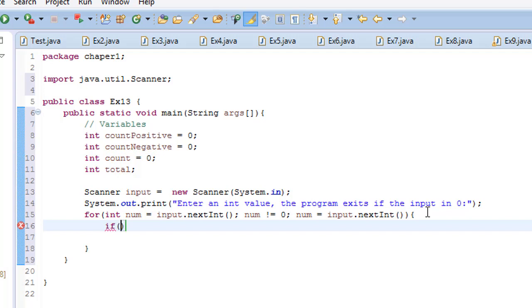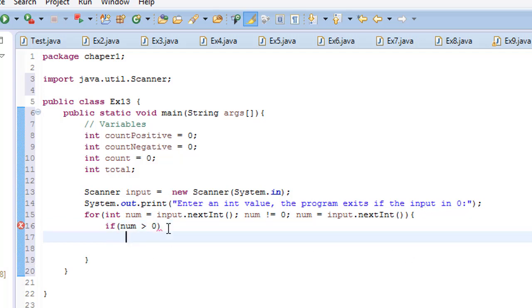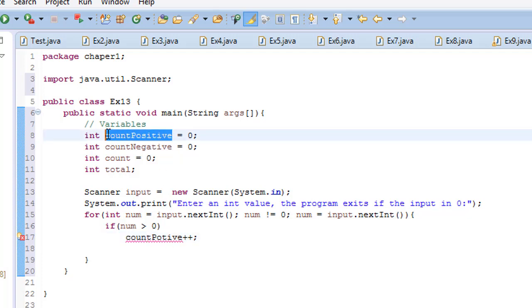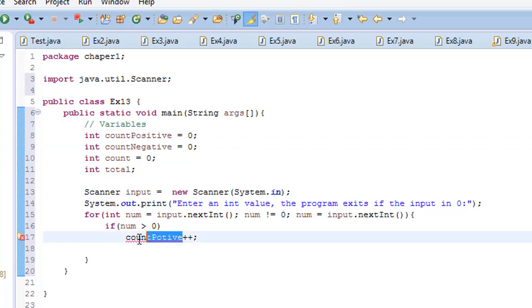I'm going to say if num is greater than 0, then that means I'm counting positive, and then you add plus plus because it's a way of counting. So this one, count, let's see, yeah,